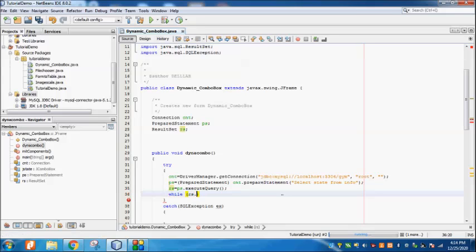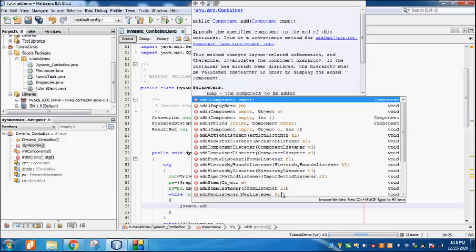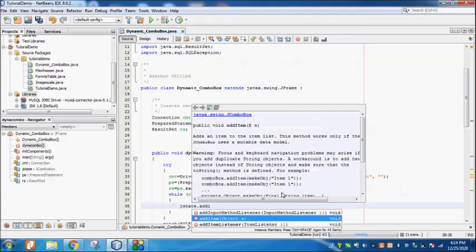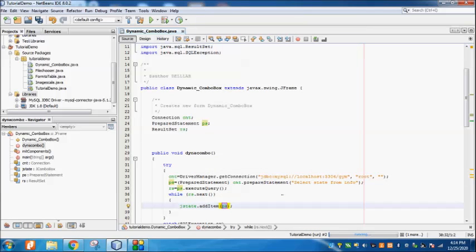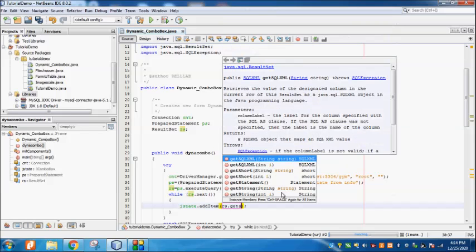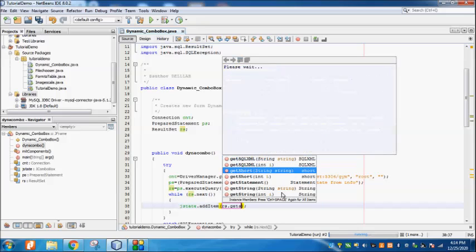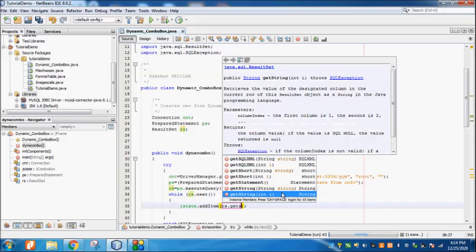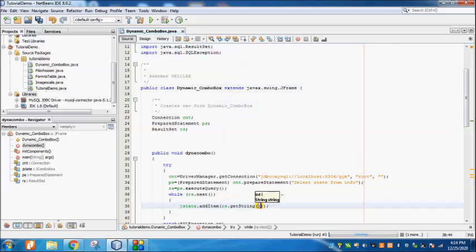While rs dot next function, opening brace for the while loop. Your JComboBox name, jState dot addItem is equal to rs dot getString, bracket 1.